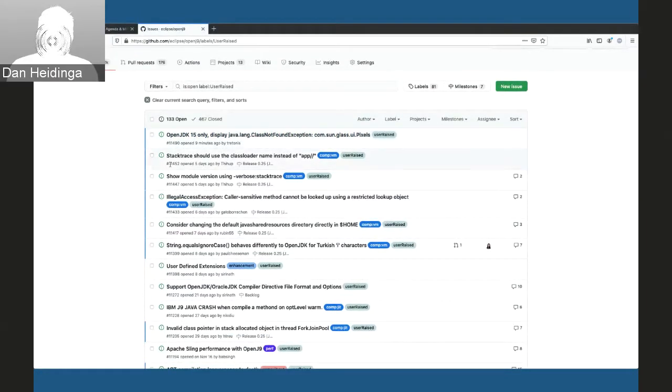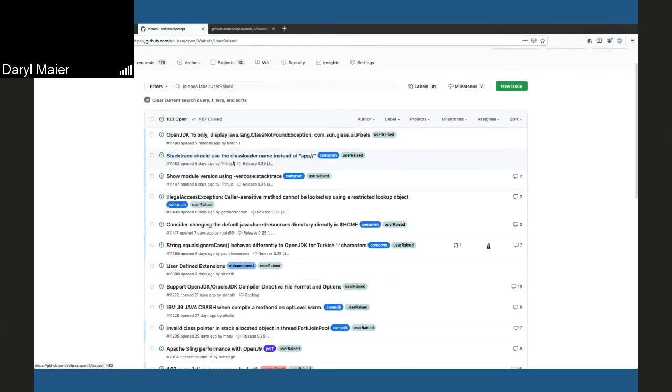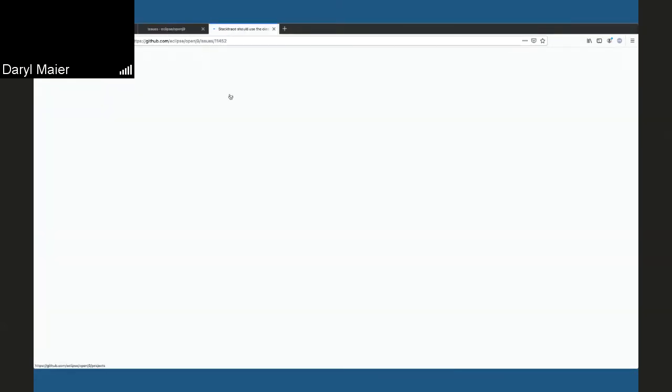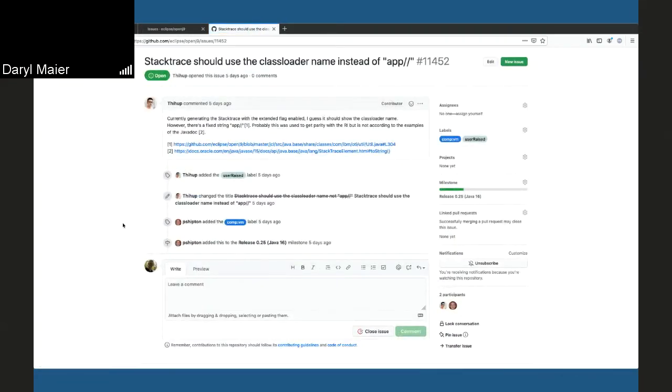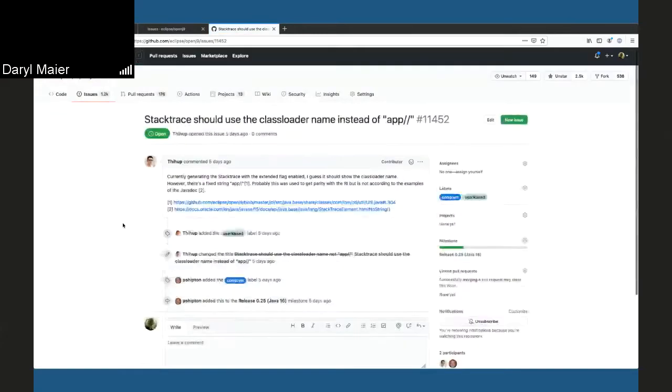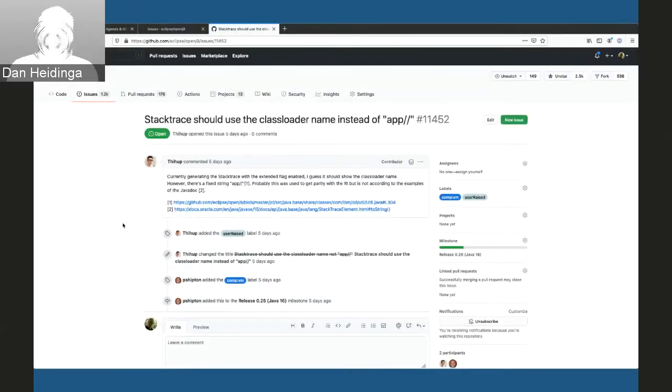A question around stack traces and what should be printed for the class loader names. We'll have to take a look at this. Hopefully that shouldn't be too hard of a thing to get fixed up.